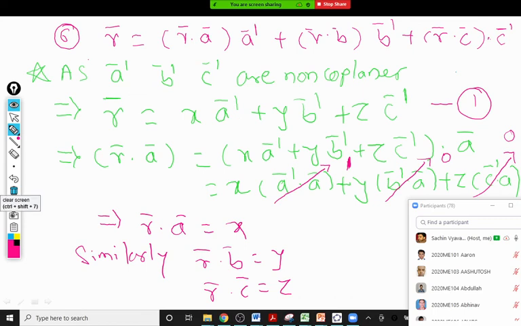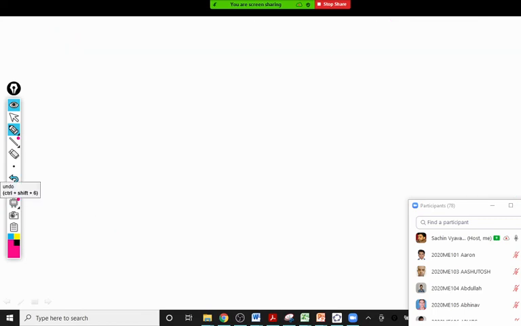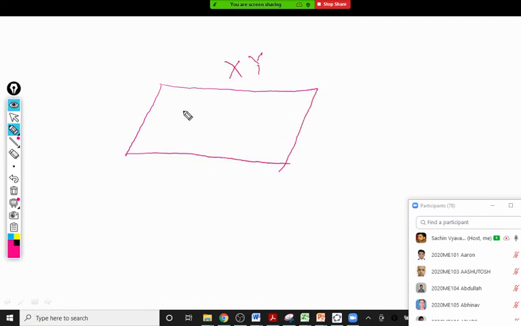Actually, this is the property that we have. So I will write it like this. First, let me show you the property in 2 dimensions. In 2D, we have the property. Suppose this is some plane, say the XY plane. In the XY plane, suppose you are given 2 vectors. Here is a vector A bar and another vector B bar.